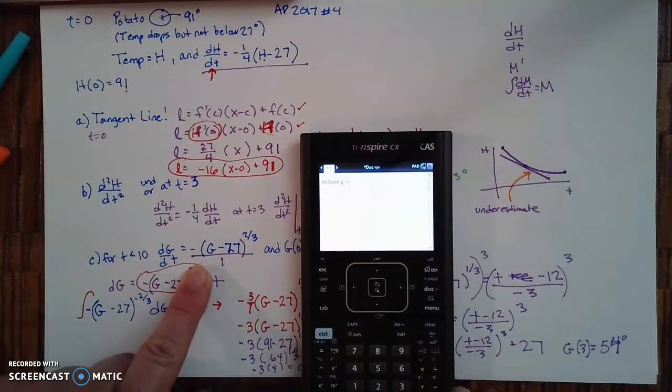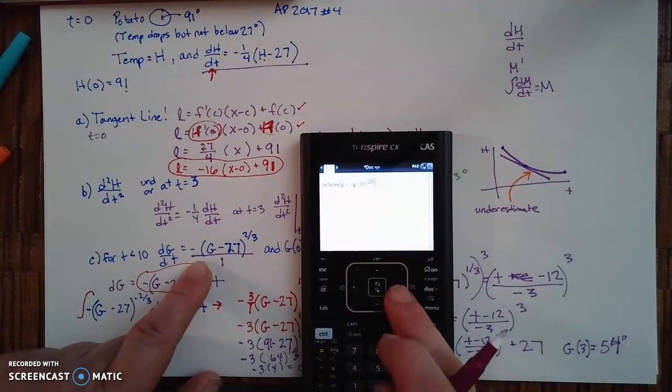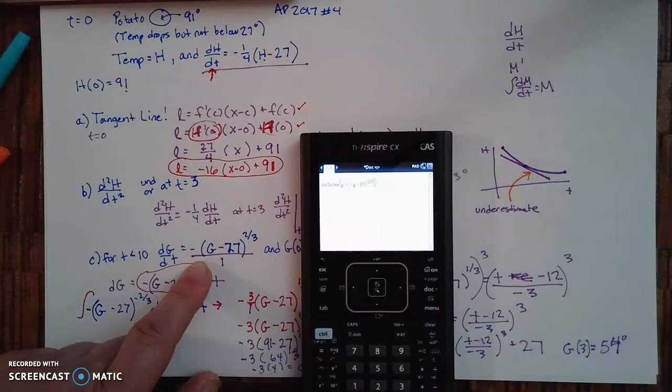Oh, no, I don't need a fraction for that. They give me it, there it is, negative, parentheses, G minus 27, close parentheses, to the 2/3 power, comma, my independent variable is time, my dependent variable is G. I will hit enter, and that will have solved it out. Does it look different from what